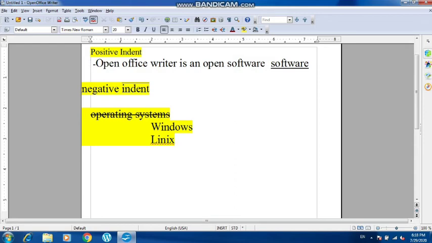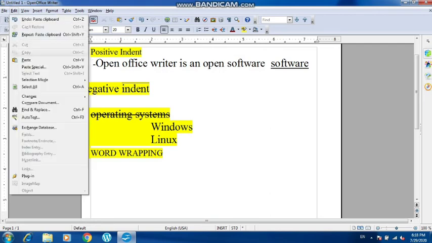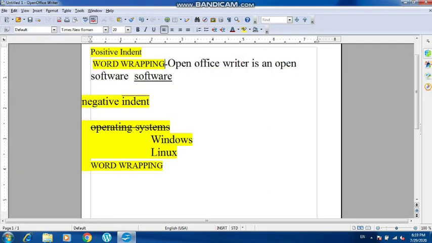text. So whatever text we cut or delete from the particular document is saved temporarily in the clipboard. So there is a question: where does the text go when you cut it, where does it lie until you paste it? It is saved temporarily in the clipboard area of the OpenOffice Writer. Now if I want to paste, you can see that Control V is given there.